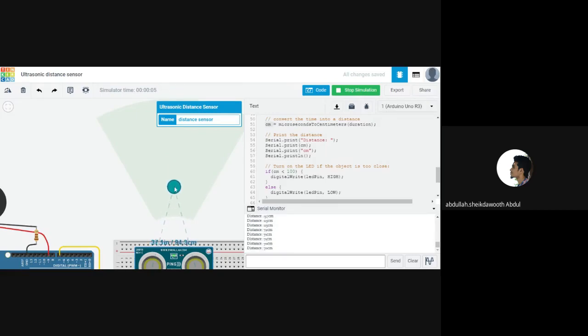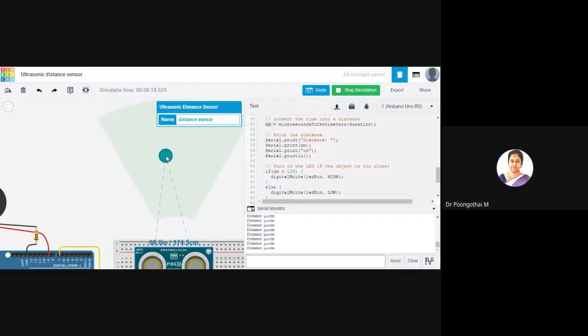Abdullah, what is the maximum range of the ultrasonic sensor? It's a 100 centimeter range. But you are getting 135. No, ma'am. In the code, if it's getting close to 100 centimeters, it will switch on the buzzer. Else, it won't. What is the maximum distance? It's 30 meters, ma'am. 30 meters. Yes, ma'am. Approximately it's 30 meters. So it can measure up to 17 meters.